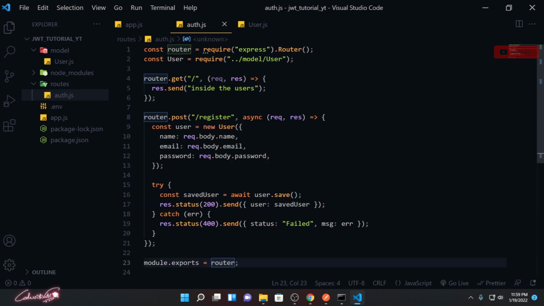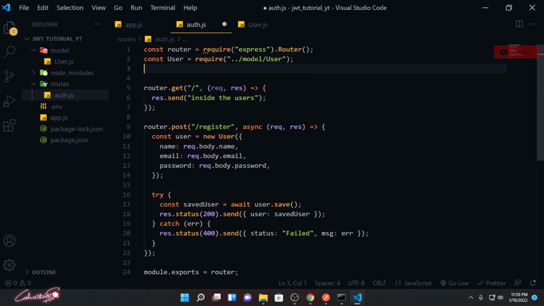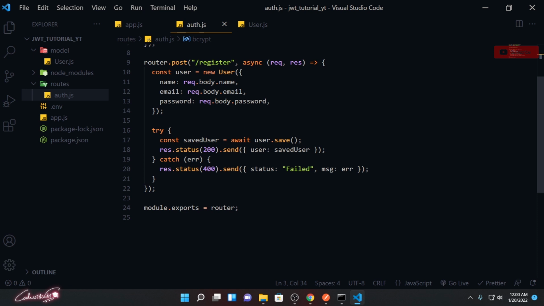Right over here, I need to import the package. So let's import it: const bcrypt equals require bcryptjs. Cool. Now we can use this inside our register route where we are getting our password.